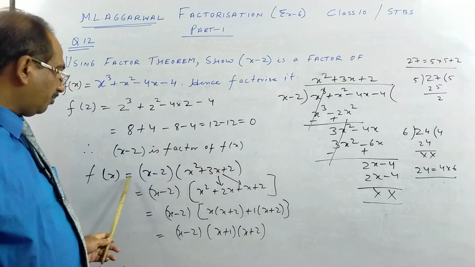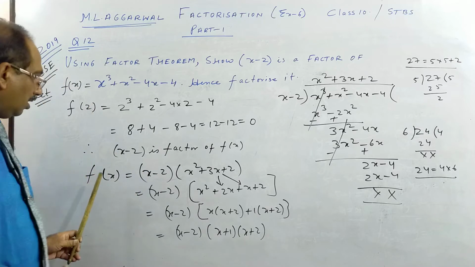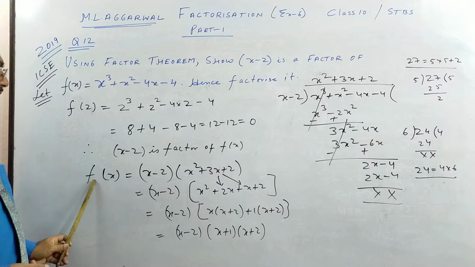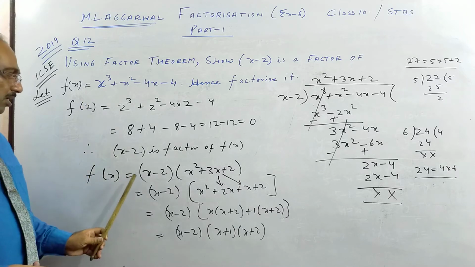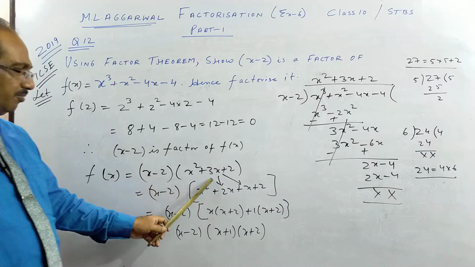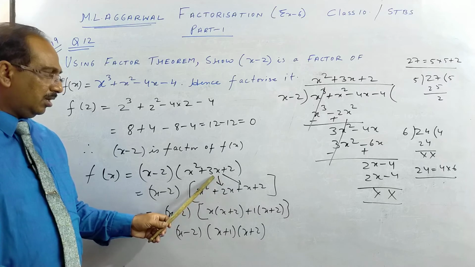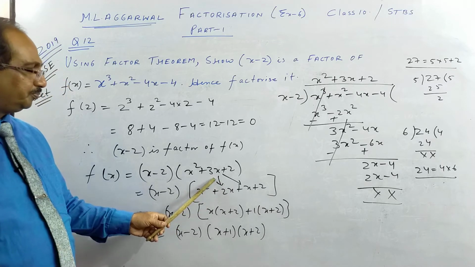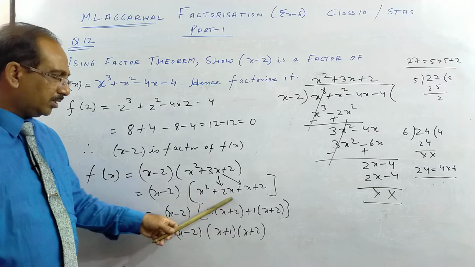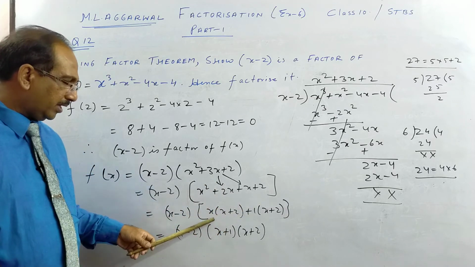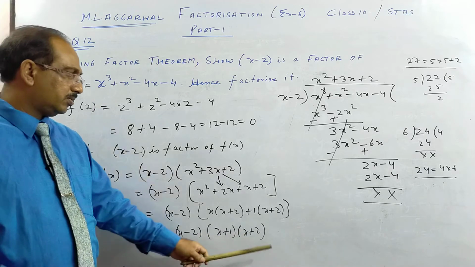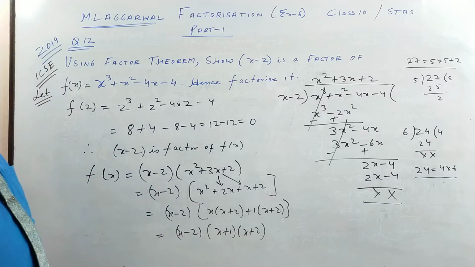But here this is this into this. So finally we are factorizing this cubic equation. Remember f(x) is this. You can write this full thing over here, or I have written it in short f(x). So it is this into this, and further I factorize this quadratic expression by middle term breaking and we get 2 factors. So finally this cubic equation is this into this into this. Once you do this, you will get full marks.